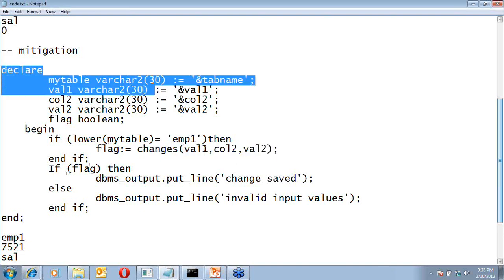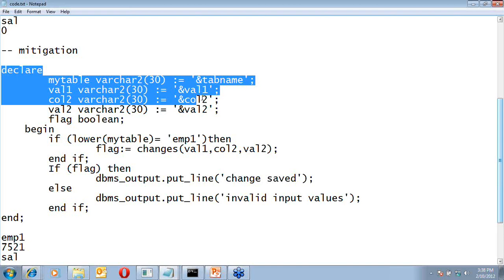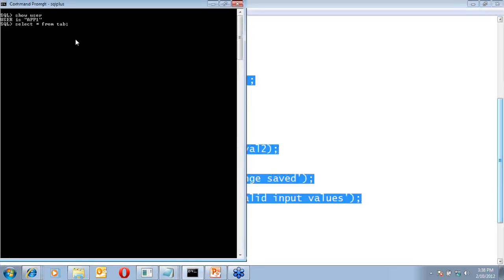Now let's try it again. This time we are not trying it through the owner user. We have another user, app1. If I try to see what is there in this particular schema, there is nothing. This is an empty, dummy user, a dummy schema. Actually in SQL Server I can just create a user who is just given execute privilege on that, whereas this being Oracle, schema and user are equivalent. They are the same. That's why I created this dummy user who does not have anything.